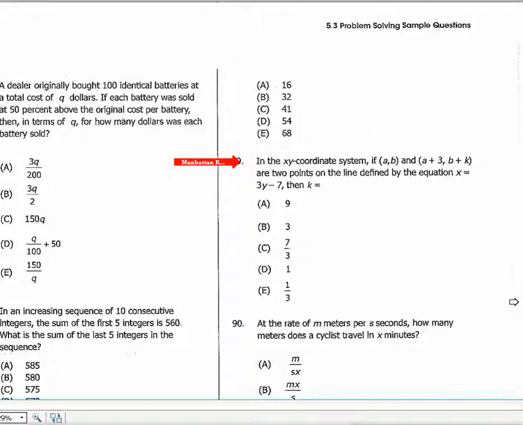Okay. So the key to this question is to remember, what's the definition of the slope? And the definition of the slope is the change in y over the change in x. So if we're drawing our line here,